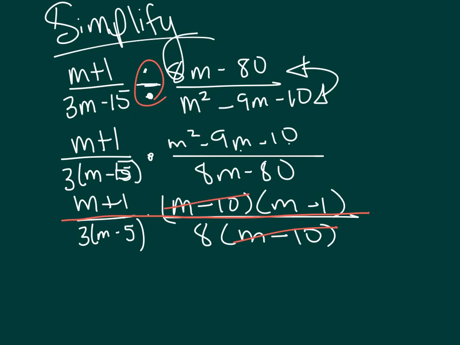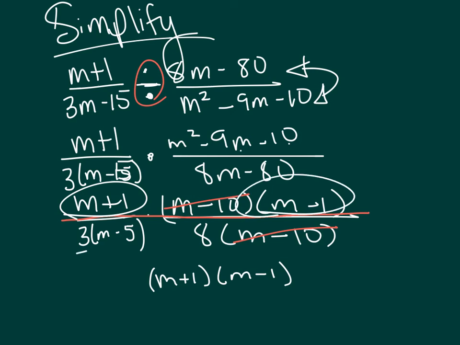Your simplified form will be the m plus 1 times the m minus 1 here and here. I'm going to multiply the 3 and the 8 in the denominator, 24, m minus 5. And then thinking about